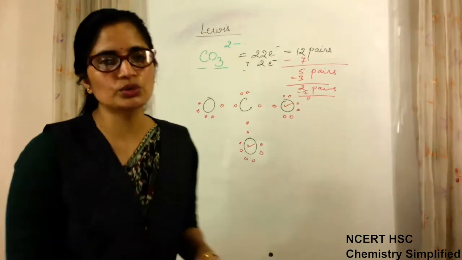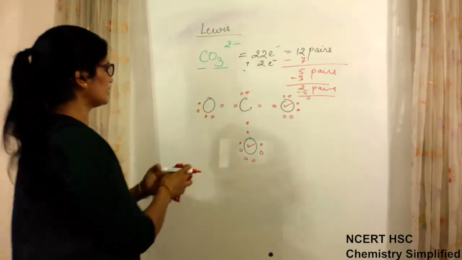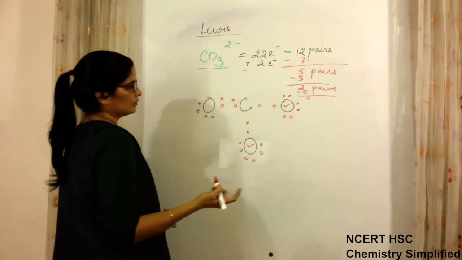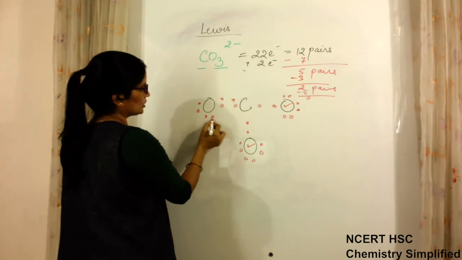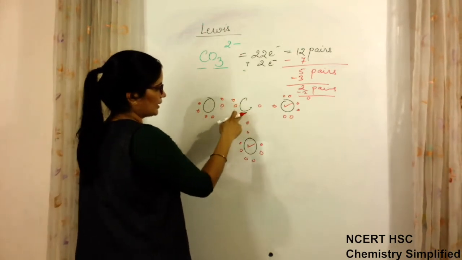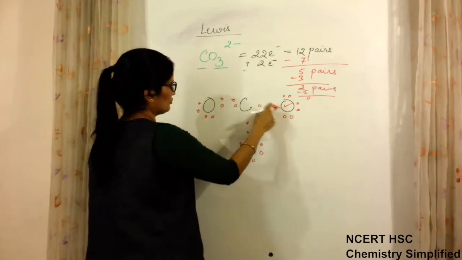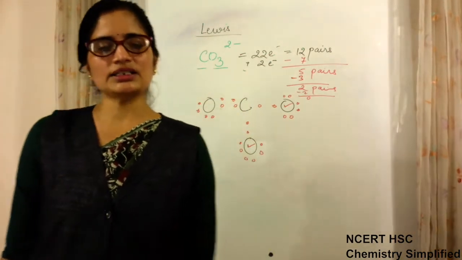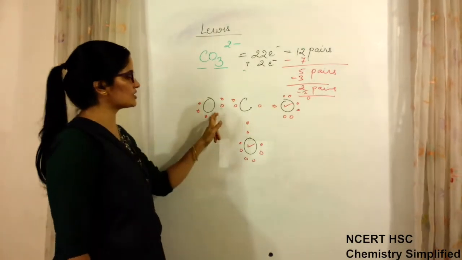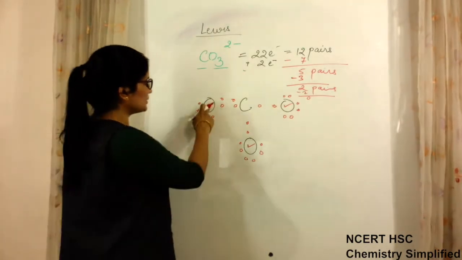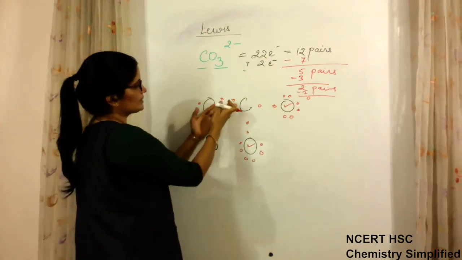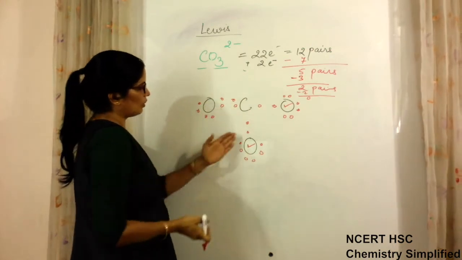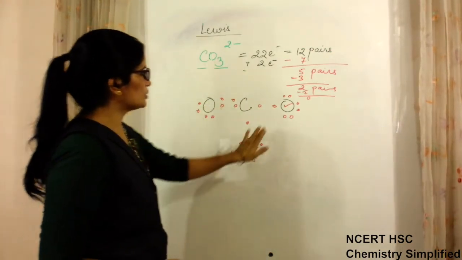Now what I need to do is, because I am not left with any pair, I will shift this pair to this side. What will happen now? 1, 2, 3, 4, 5, 6, 7 and 8. And carbon is also having 8. So the octet of each is complete. Any one oxygen will be making a double bond, either this or this. You can place this double bond on any side. If you place the double bond this side, this will have a single bond, or this side. Okay.